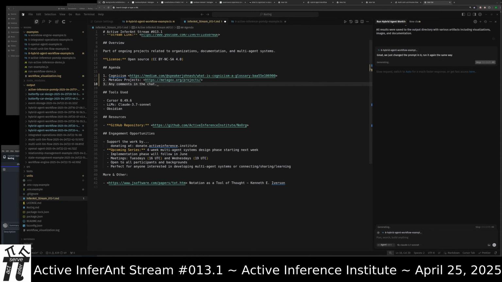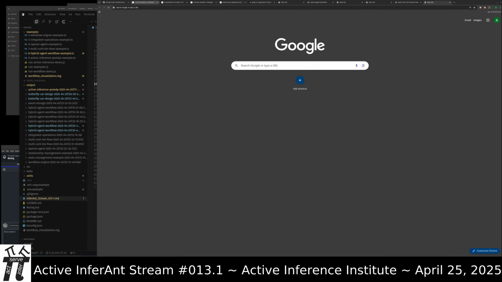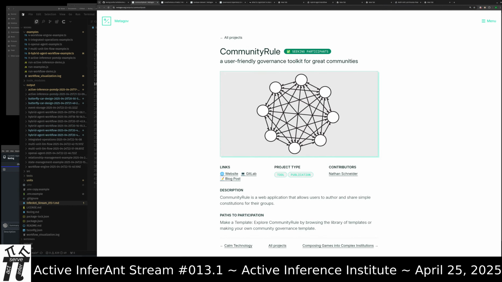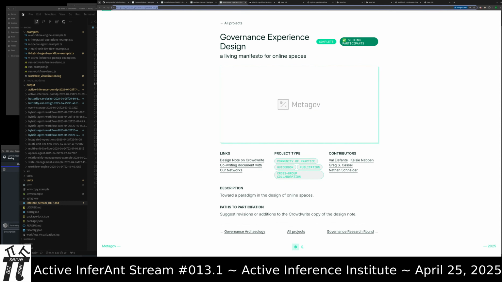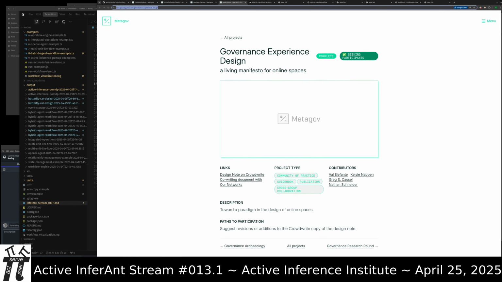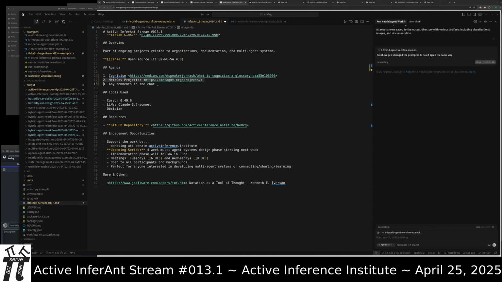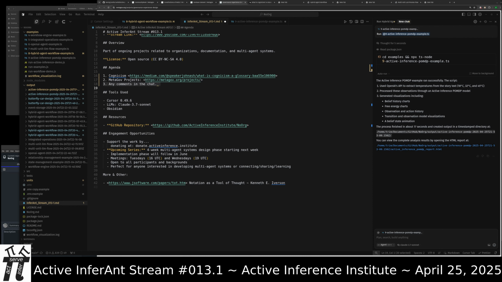All right, there's a few more sections. First, I'm going to look at cognicism by my colleague John Ash and explore what happens when we input the concepts of cognicism into this framework. Then we will go to MetaGov and pick one of their projects, possibly the Constitutions, possibly a living manifesto for online spaces, and see where that goes in this NoOrg setting. And then look at any comments in the live chat, and if somebody wants to suggest another cool product to design or some other funny thing.